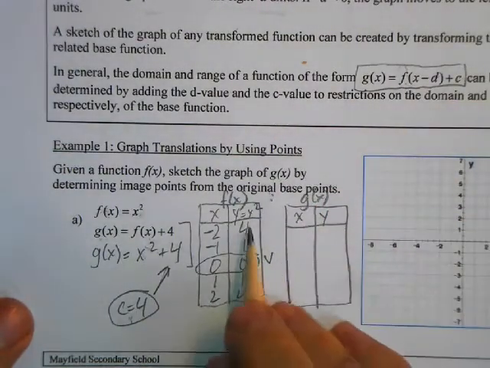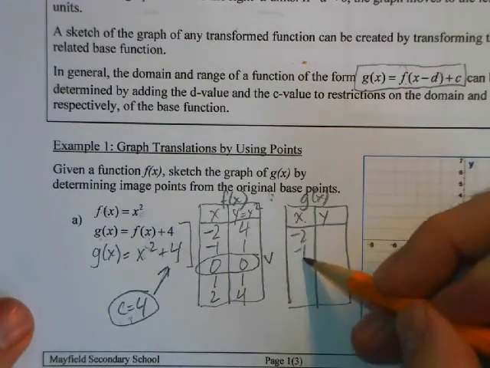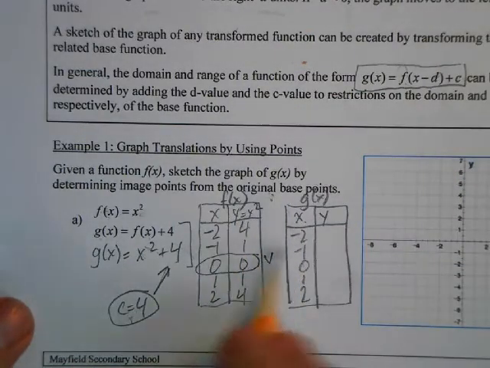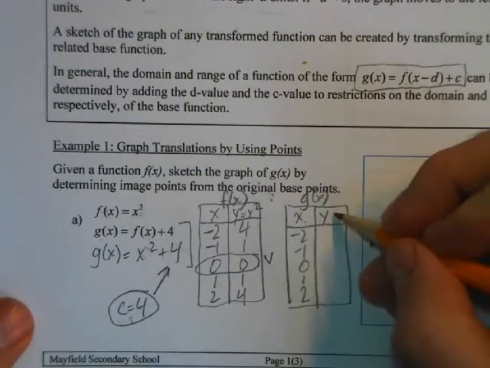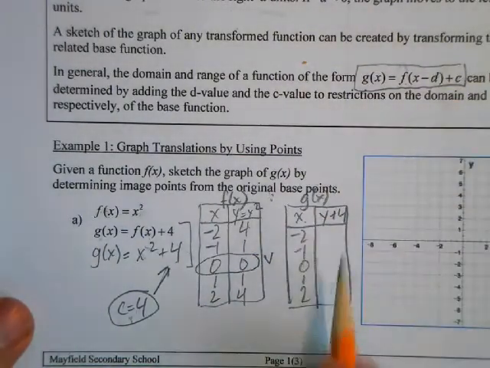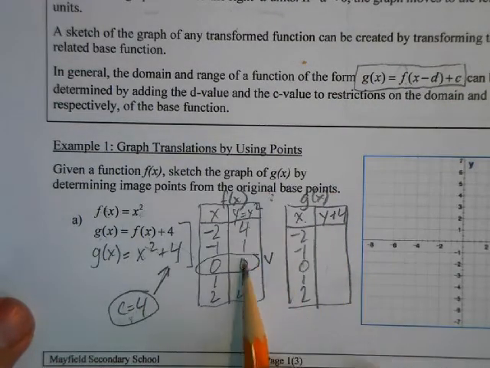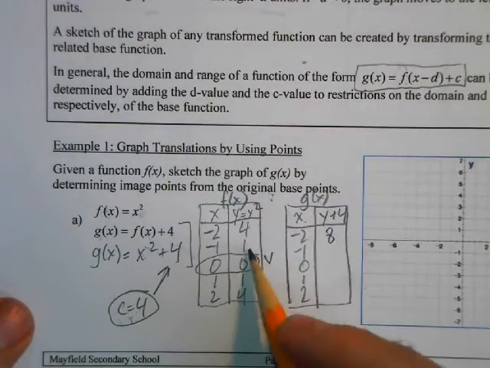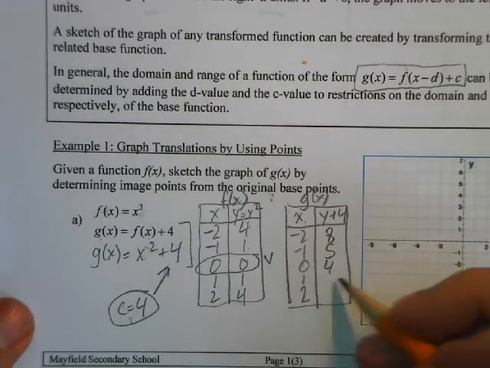So what I'm going to say here is the x values stay the same as the original f of x function. We're not doing anything horizontally, but the y values we're actually going to add the value of c, which is 4. So I basically put it at the top of my column here. I'm going to take the original y value from here and just add 4 to it. So that's 4 plus 4 is 8, 1 plus 4 is 5, 0 plus 4 is 4, 1 plus 4,